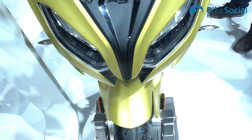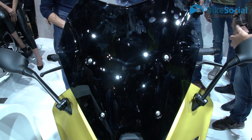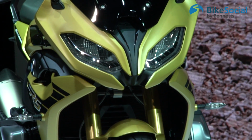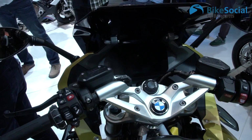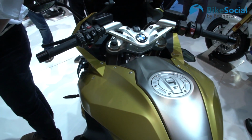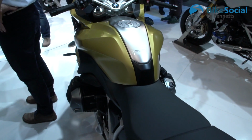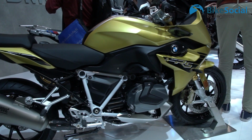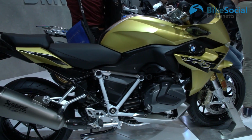So this one has the tinted screen, but you can have it or you can have the normal one. This is an option, the tinted screen? It's an option, right. But the headlight is completely new. It's completely LED technology now. It has this daylight running light here, which is very distinctive when you see it lit. Right now it's not. And it also comes with a, how do you call this, a cornering light? Yeah, that's right, cornering light. So the front is completely new, looks much more distinctive, much more sporty than the previous one